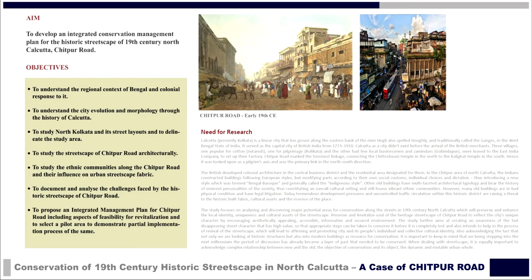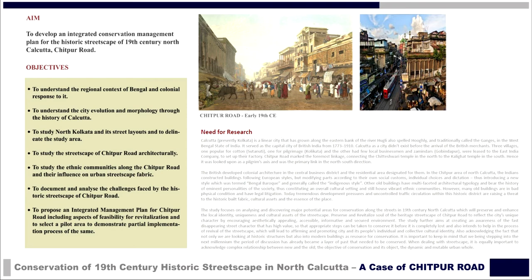Following are the objectives. To give a brief on thesis concern, the British developed colonial architectural style in the central business district and the residential area designated for them. In the Chitpur area of North Kolkata, the people constructed buildings following European style but modified parts according to their own social customs, individual choice and dictations, thus introducing a new style which was termed as Bangla Baroque and generally